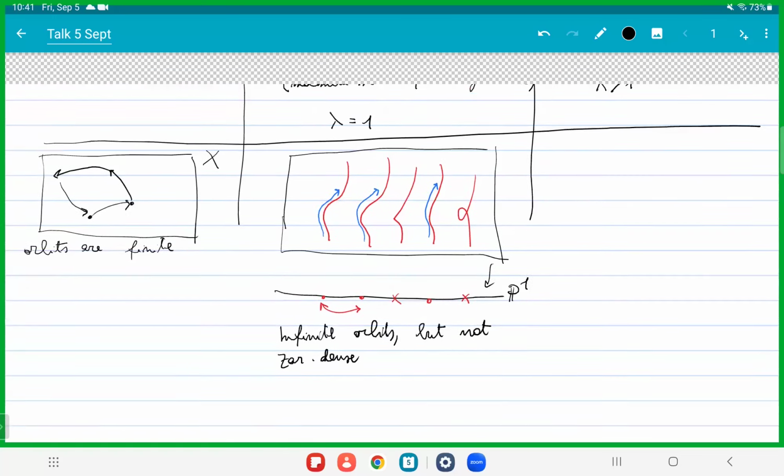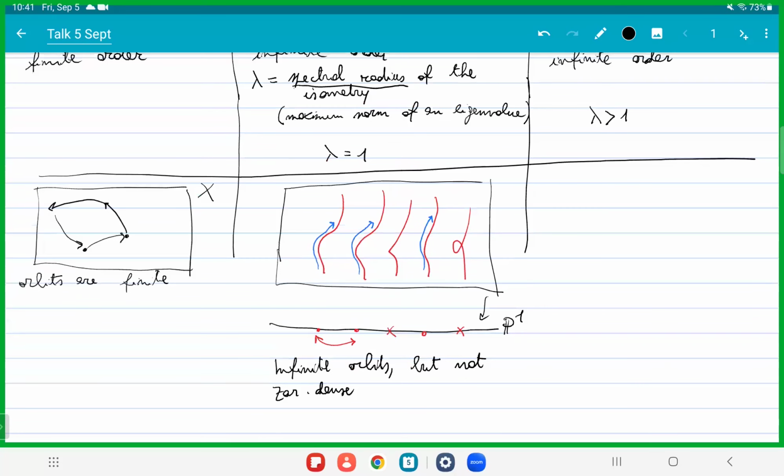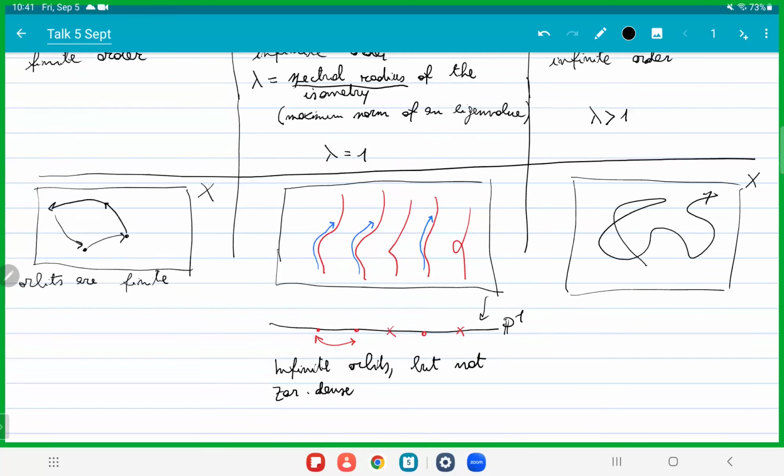And then we have the third case, in which we are neither elliptic nor parabolic, and here the dynamics are going to be really hard to draw. The dynamics are complicated and chaotic. So I don't know, draw something like this. This is chaotic dynamics. And in particular, we can prove that there are many Zariski dense orbits.